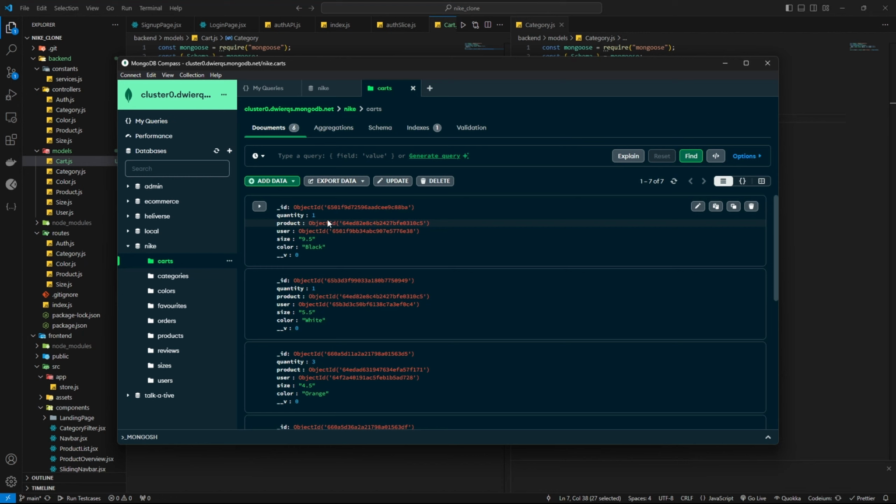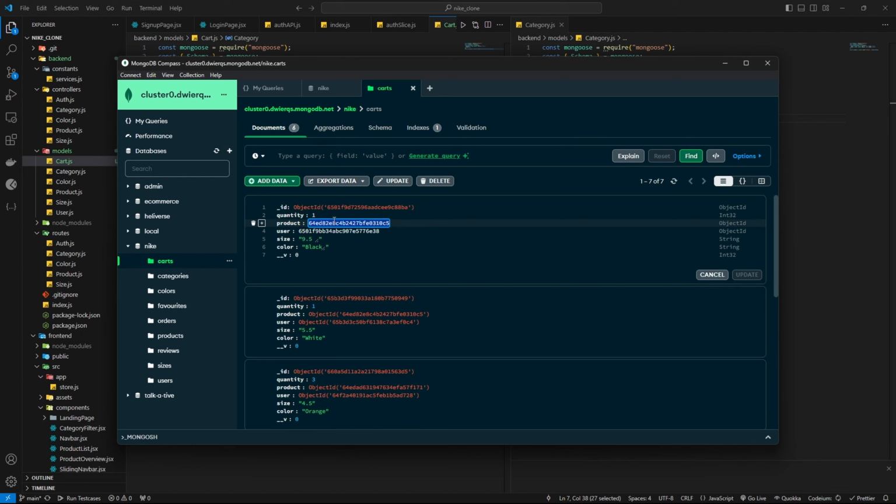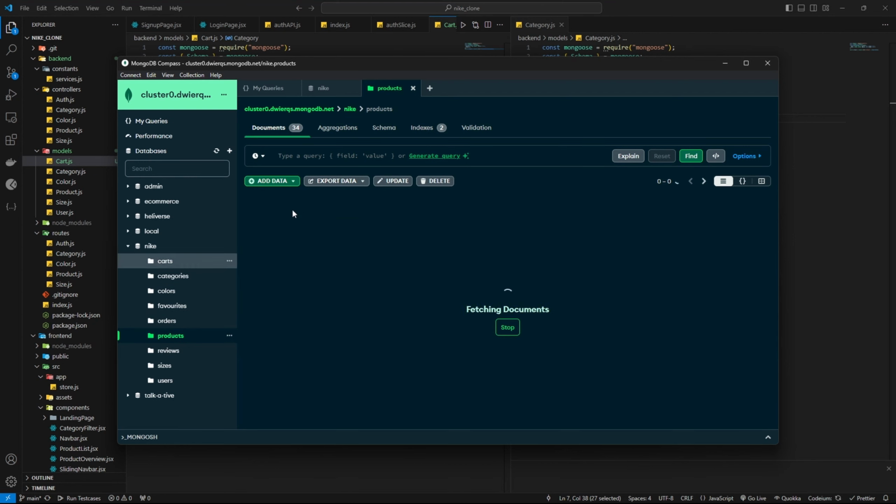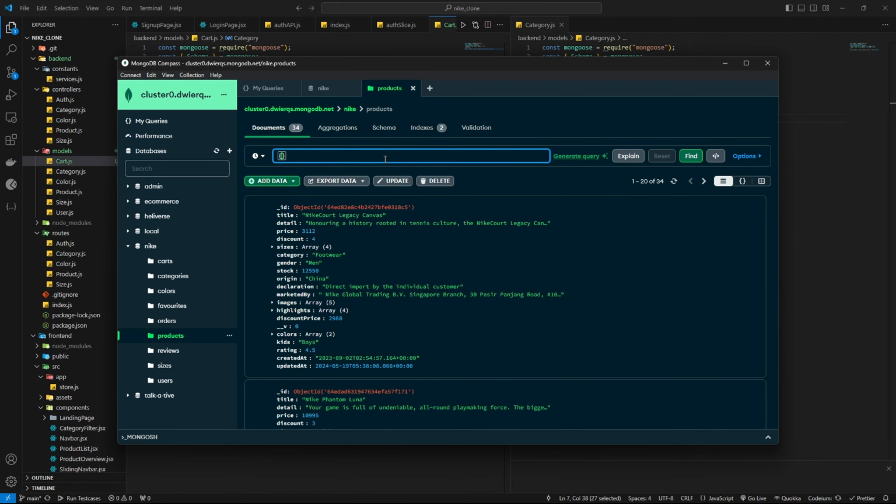and as you can see the product is the object ID. So what is this object ID? The object ID is like the ID of the product which we are storing. As you can see, this is the ID of one product which we are storing. Let me show you the product. If we go to the product section and write the field like the ID will be this one,